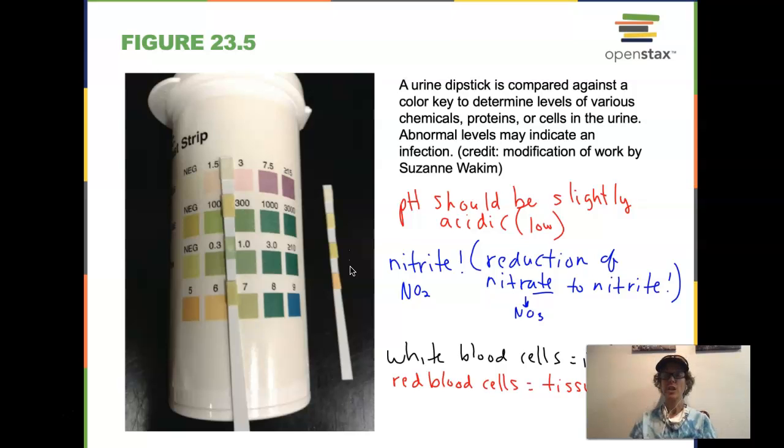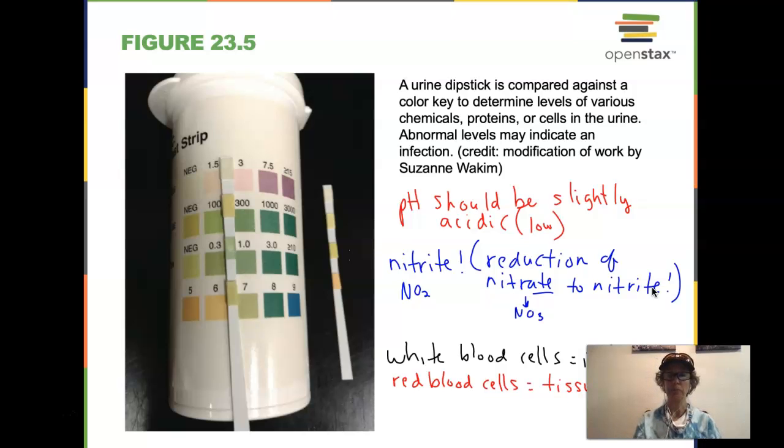If there is an infection present, a urinary tract infection that is bacterial in nature, they will also pick up nitrite, which is NO2. And we look for nitrite because microbes that can reduce nitrate, which is NO3, to nitrite should not be present in the urine. So if they're metabolizing, they will produce that nitrite, and that is an indication that there are